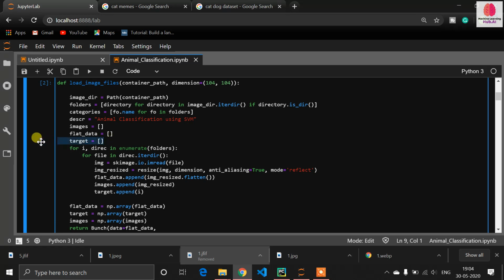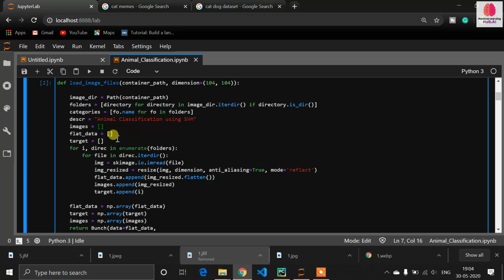Target means our label. Flat data means, actually we are using a flatten function which is present in skimage. It takes the parameters of the image in one layer, and it will store them in the list.